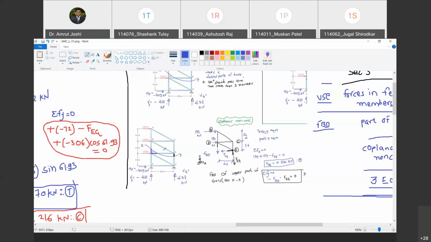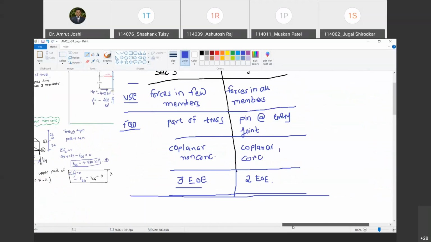So therefore the section should be chosen in such a fashion that it divides the truss into distinct parts and it cuts not more than 3 members. Typically, there are a few cases where you can allow more than 3 members to be cut, invoking the symmetry of loading and support conditions. We will solve such problems, but those are tricky problems. But generally, in method of sections, the section should not pass through more than 3 members. Are you with me? Yes, sir.